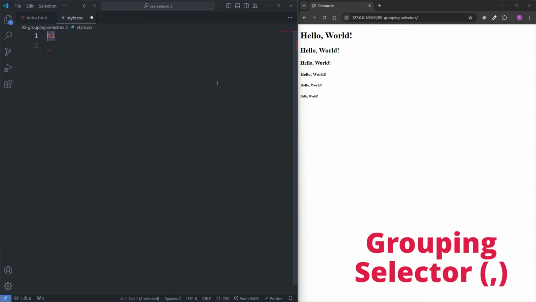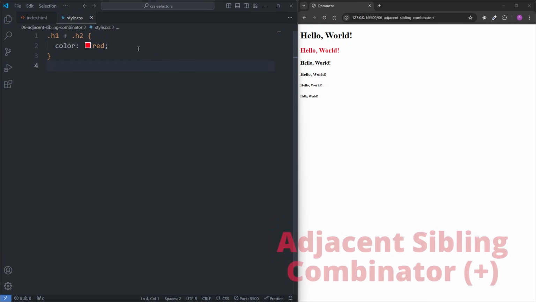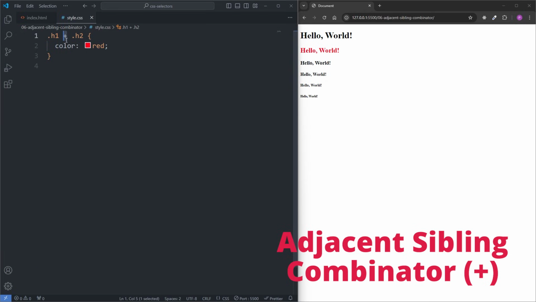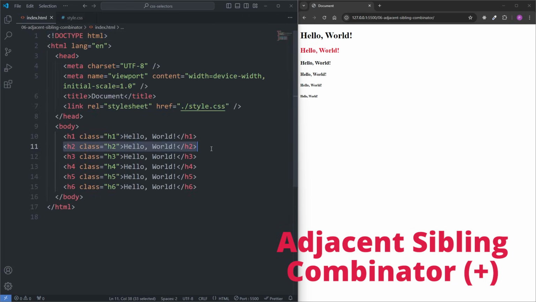By comma separating selectors, we can group them together and have them all share the same styles. The adjacent sibling combinator is placed between two selectors and checks whether the second selector is defined immediately after the first selector as a sibling. In this case, we're checking if the h2 is defined immediately after the h1, and since it is, we see